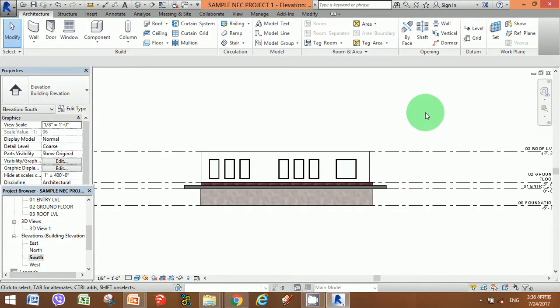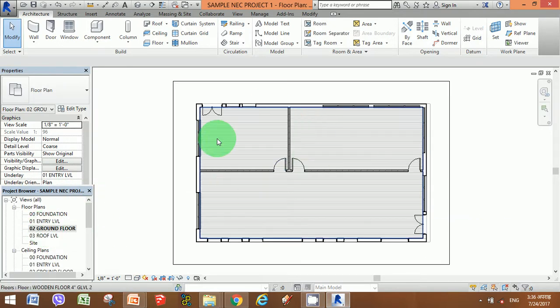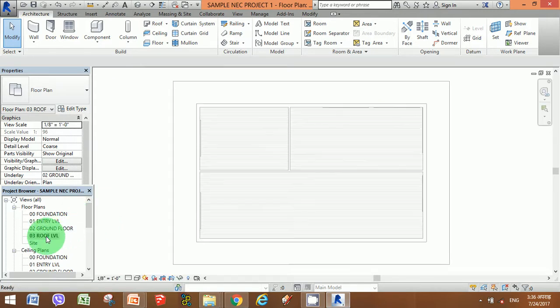So I think this layout is almost done. So once you have done with the ground floor plan, let's go to the roof level.